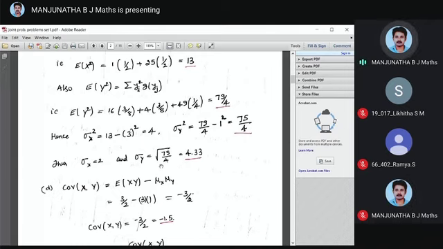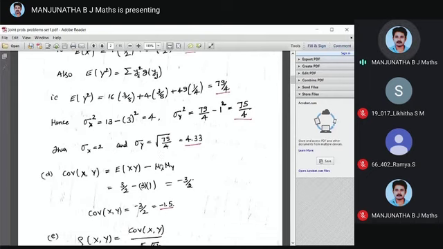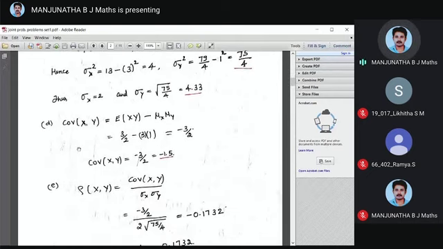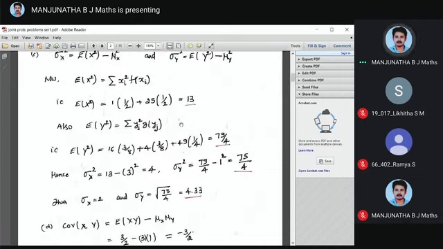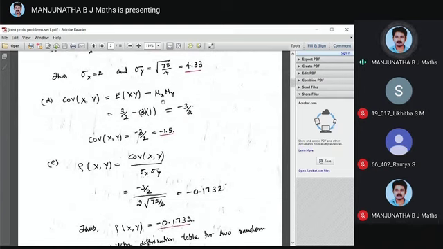Now I know sigma x and sigma y. Now I go to the covariance of x comma y. Covariance of x comma y is expectation of xy minus mu x mu y. What is expectation of xy? We computed, that is 3 by 2, minus mu x mu y. Expectation of x is 3, expectation of y is 1. So 1 and a half minus 3; 1 and a half is remaining, but the larger sign is minus 3, so we take minus 3 by 2. Therefore covariance of x comma y is minus 3 by 2, or minus 1.5.